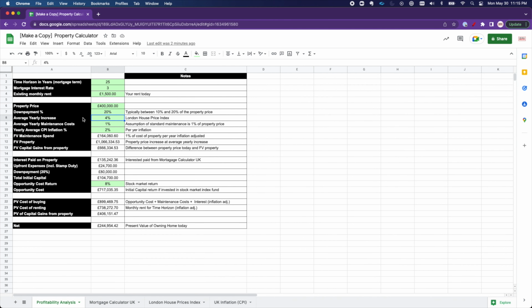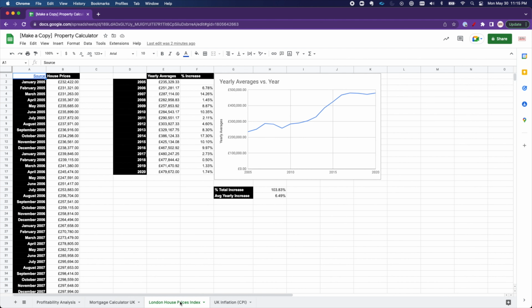down the list. Okay, so this one, the average yearly increase of the cost of the property. So I'm assuming here 4% per year. Okay, and again, this is just an estimation based on historical data. And if you know anything about historical data, it's that just because something happened doesn't necessarily mean it will happen in the future, right? Especially with things like house prices. However, there is an overall trend of prices just going up, and although there are bubbles and sometimes market conditions that really bring prices down, overall over the long term you can expect your property price to appreciate